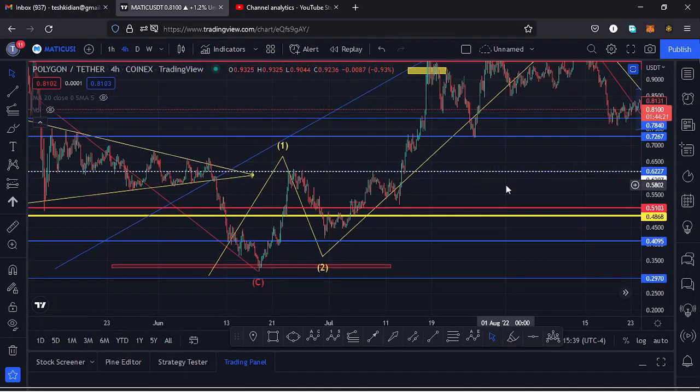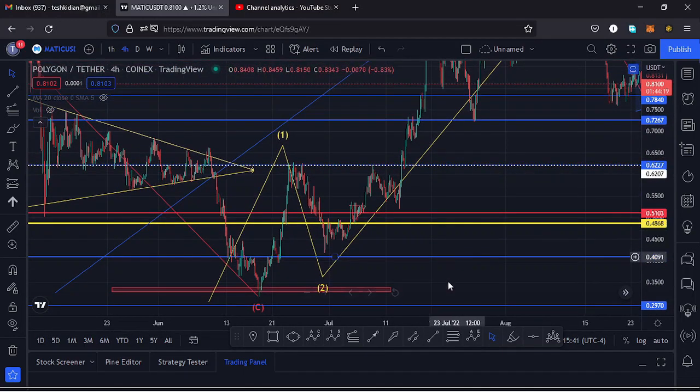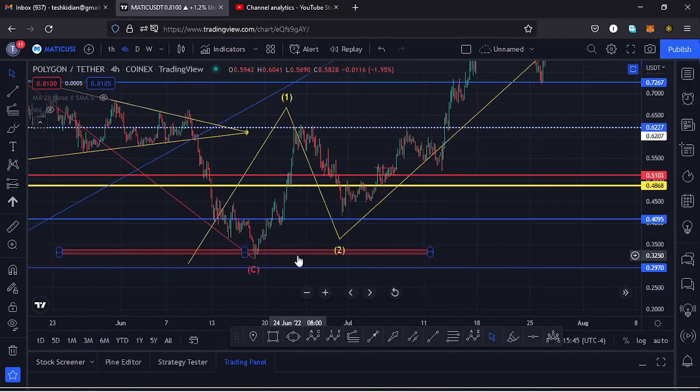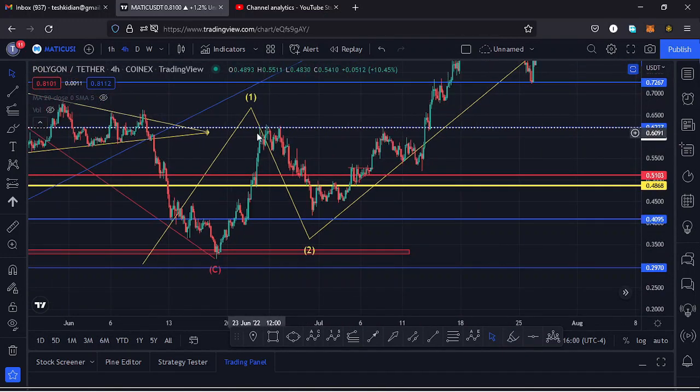And if I get a little bit into the details of the formation of this fractal wave so that it can also give me the key scenarios that I expect to play out, after making our low down there at around the $0.32 mark, we saw a very nice bounce to the upper side, made a high for that wave 1 to the upper side, then saw a very nice retracement to the lower side